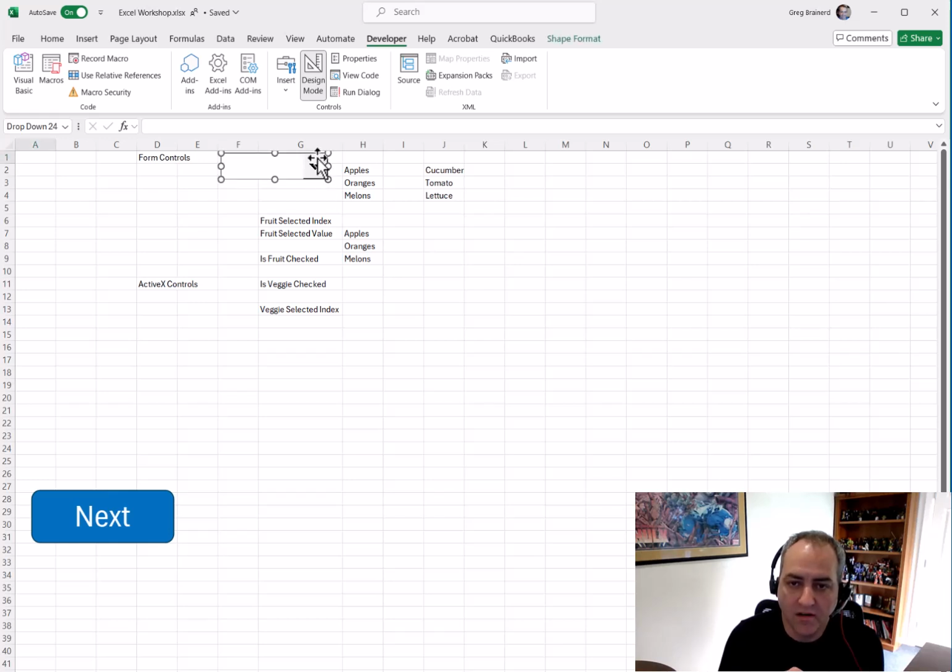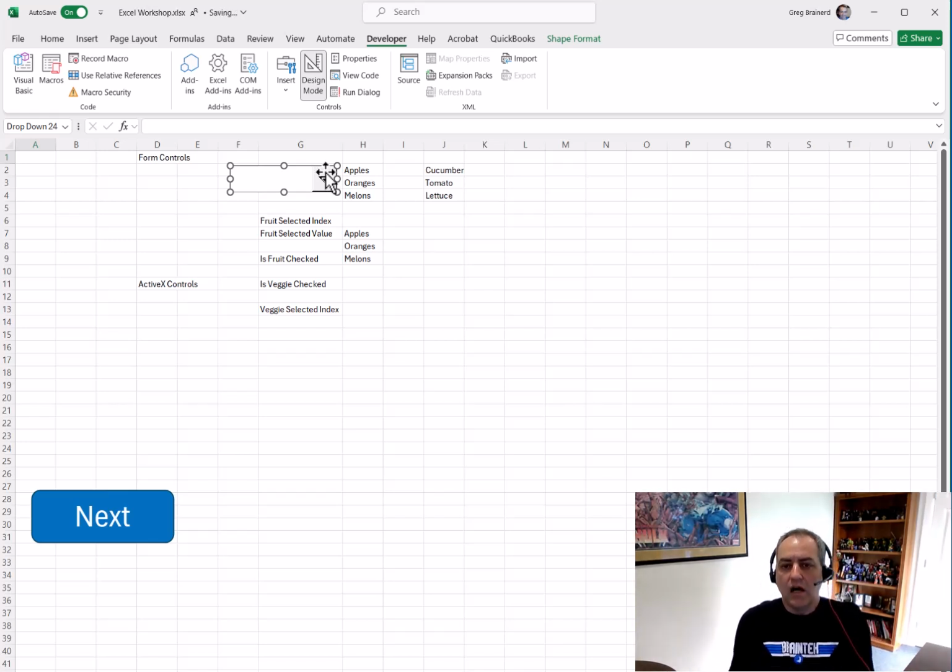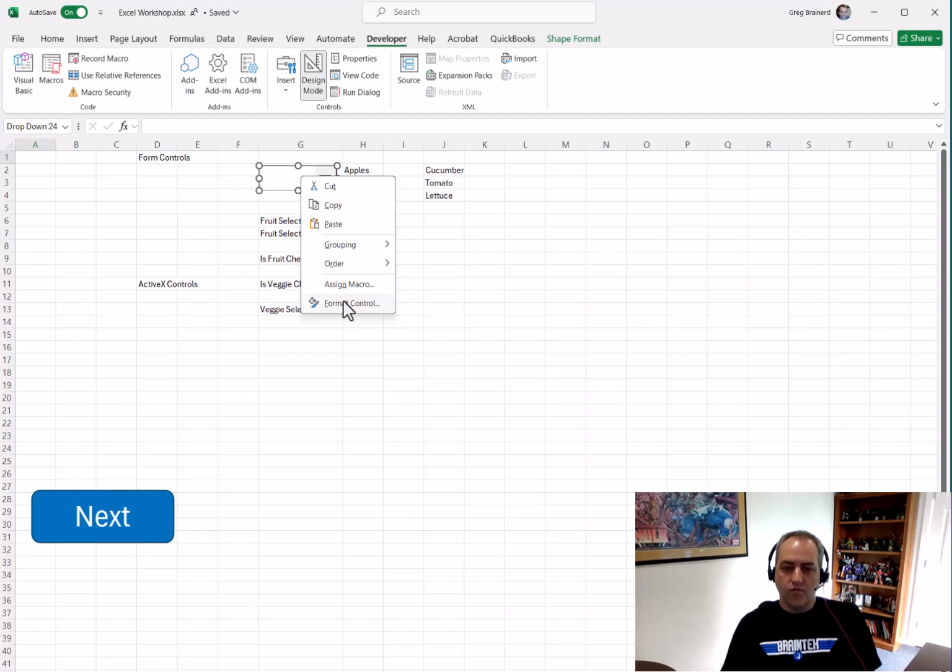Our combo box is currently floating on top of our cells, which is different than the data validation combo box. And you can see that it can be pretty large or fairly small, depending on what you want to do with this. If we right click on this and we go to Format Control,